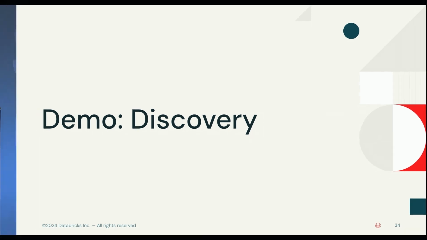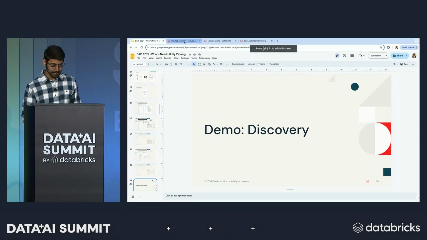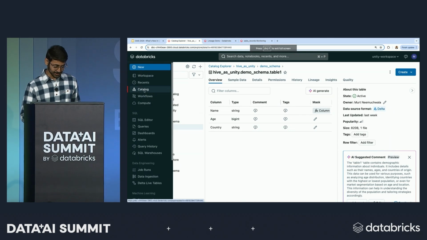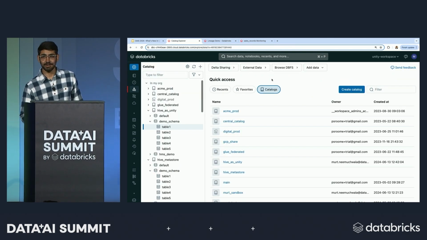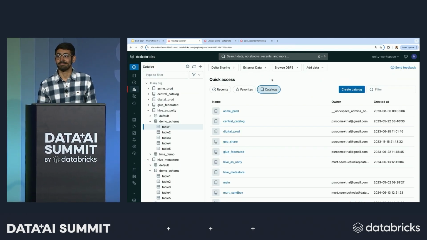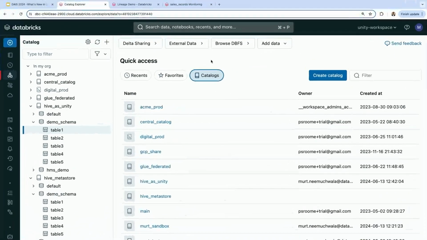Awesome. Thanks, Paul. All right, so I'm going to head back over to my Catalog Explorer. And for this demo, I'm going to take on the persona of somebody that's fairly new at Databricks. And I'm an analyst that's been tasked to do some analysis on our sales data for our company. And our company is selling various different kinds of apparel, think jackets, fleeces, scarves. And I want to find this table that has sales data for my jackets and see kind of what are